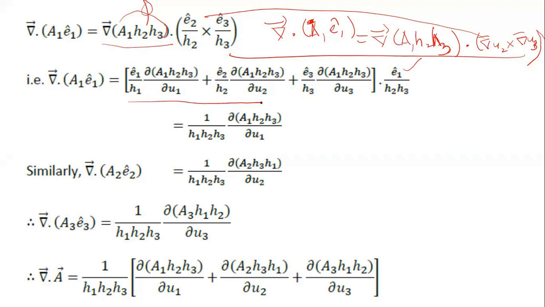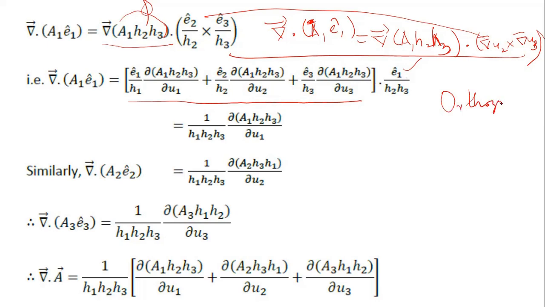So E2 cap upon H2 del upon del U2, E3 cap upon del H3 del upon del U3. This is our del operator, right? So you can do it like that. Now E1 dot E1 is 1, E1 dot E2 is 0, E1 dot E3 is 0 in